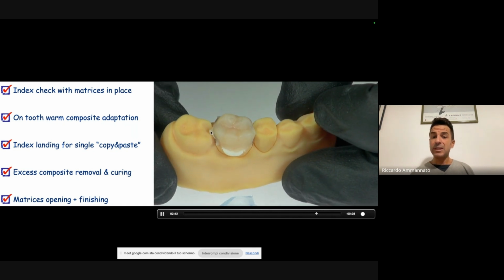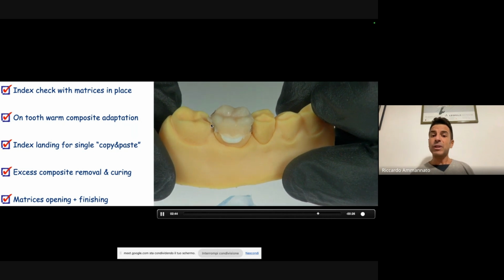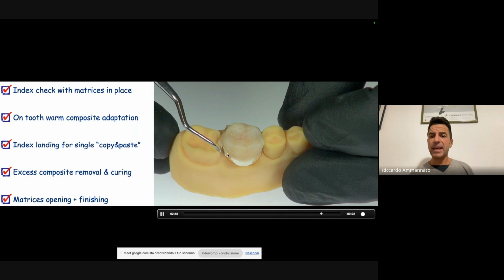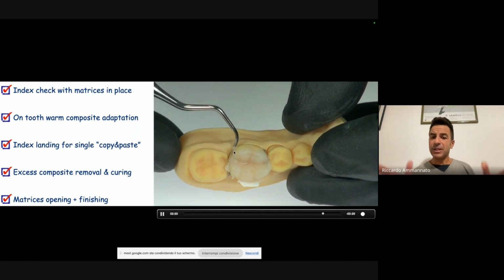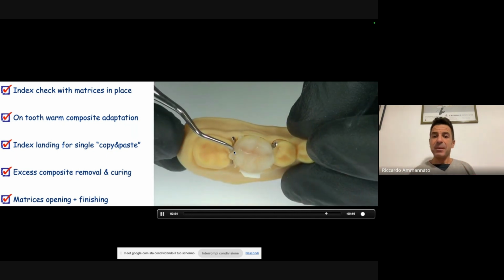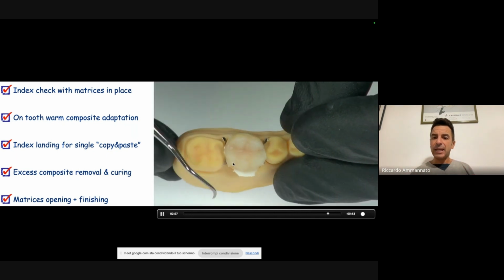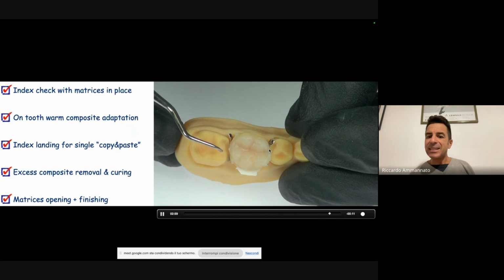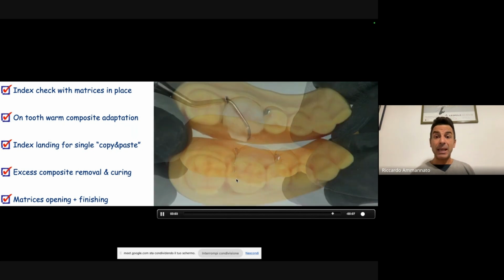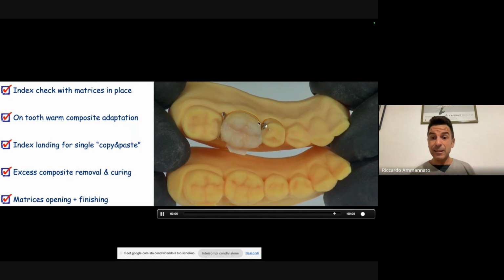I could have removed this before curing, but this with the scaler, I'm just going to break it with the scaler. I'm going to open up the matrices that were hugging my tooth while molding, and here you see you just break it, and the interproximal finishing that I need to perform is really minimal.